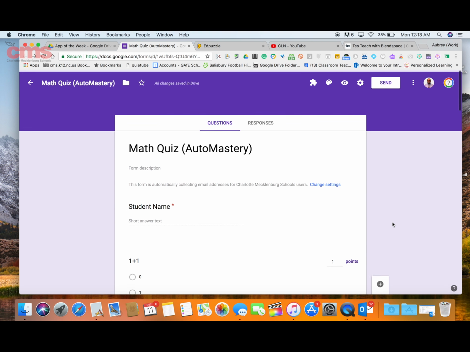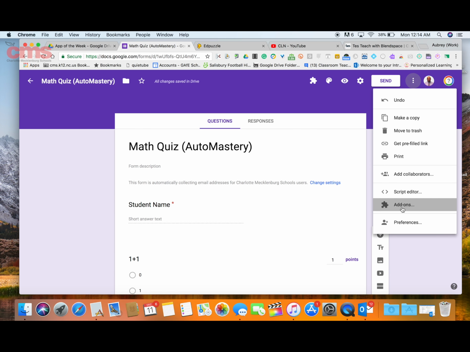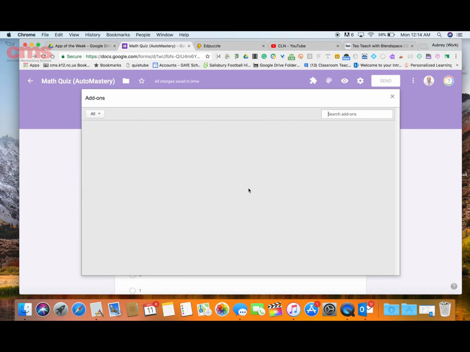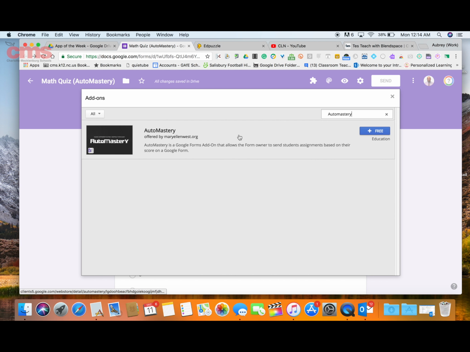So what I need to do now is use the add-on. Let me show you how to find it. You can click on the three vertical dots at the top. Once you select it, go down to where it says add-ons, and this is where you can look at the add-ons for Google Forms. I am going to type in AutoMastery. You can scroll down to find AutoMastery here,